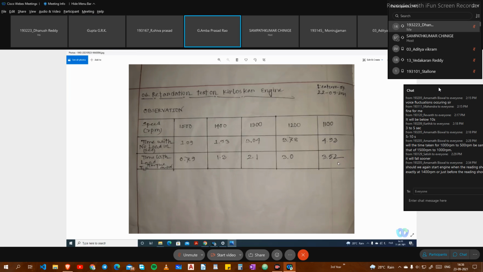Sir, from 1200 to 1100, isn't that too much? Because somebody has shown it, but there will be some slight variation. Sir, 3.7. While stopping, we can't stop exactly at 1100. While we are counting 5, some time has gone. So that's why you have repeated the experiment? Repeated also, you are getting the same thing. We have taken repeatedly the same reading. This is the best one we are getting, sir. So that's why we have noted it down.